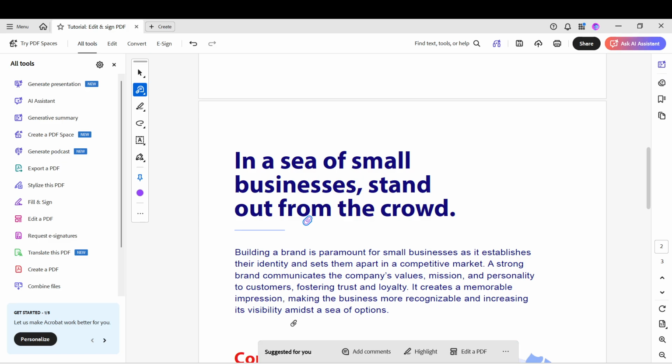As a best practice, let your audience know that attachments are included and that they may need to trust the document to open them, especially in secure environments. When you're done, save your PDF to preserve the attachment and you're ready to share.